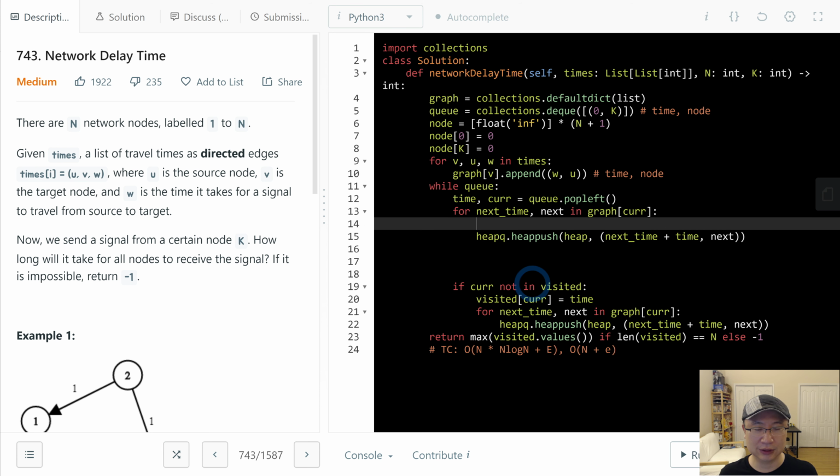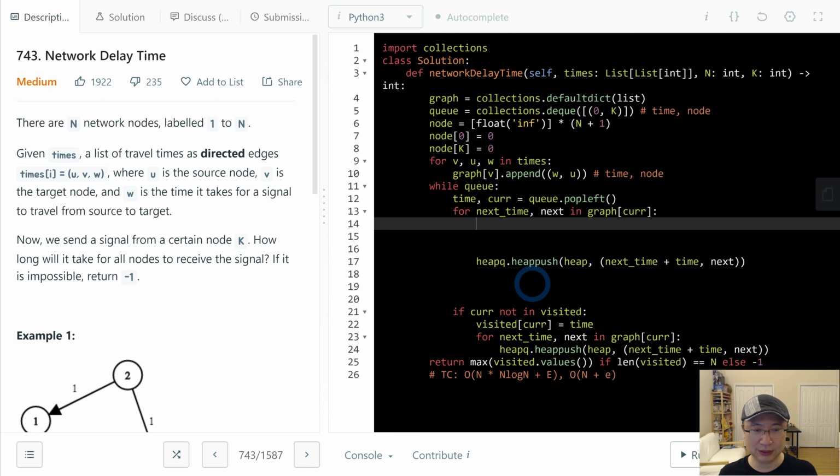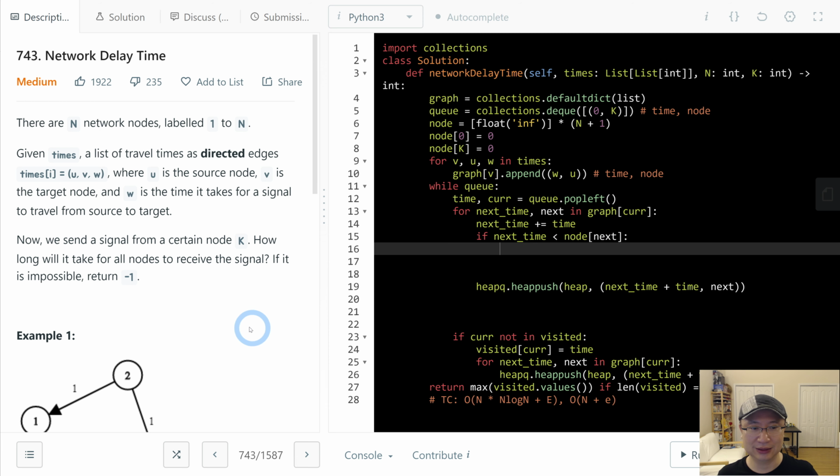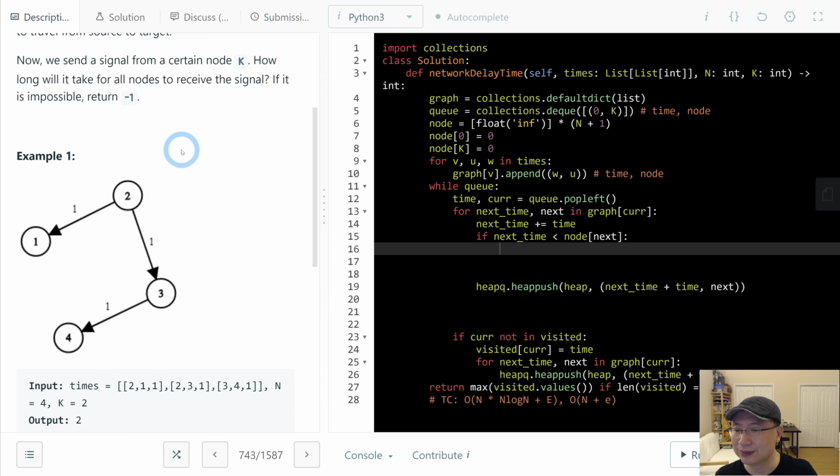Then next time I will add the current time, that is the final destination time, right? So if next time is smaller than the node's next current time, that means